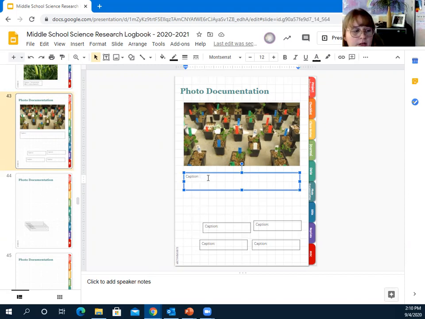You want someone to be able to look at this photo and read the caption, even if they had no idea what your project was about before. Read this and kind of know what's going on with your project. So you would say something like, experimental, I can't spell, experimental setup